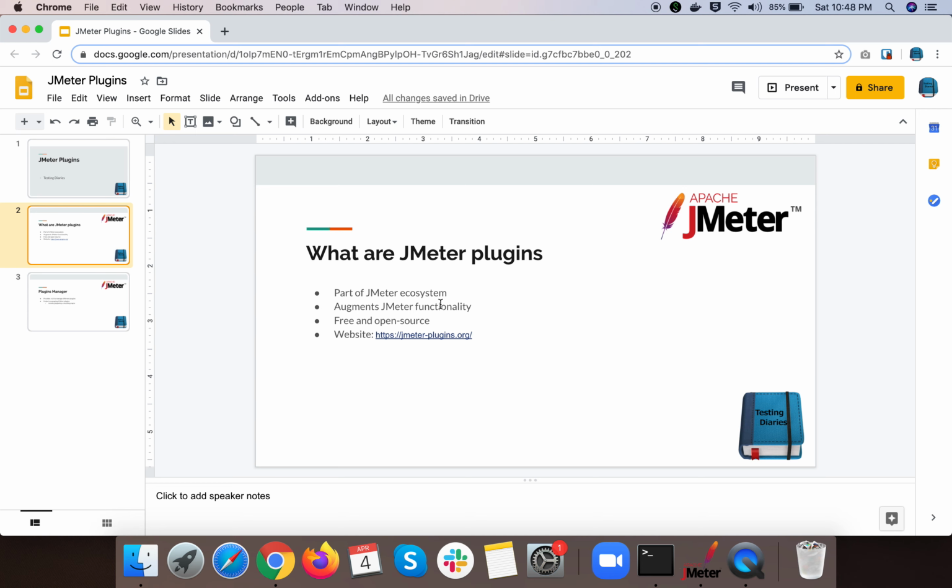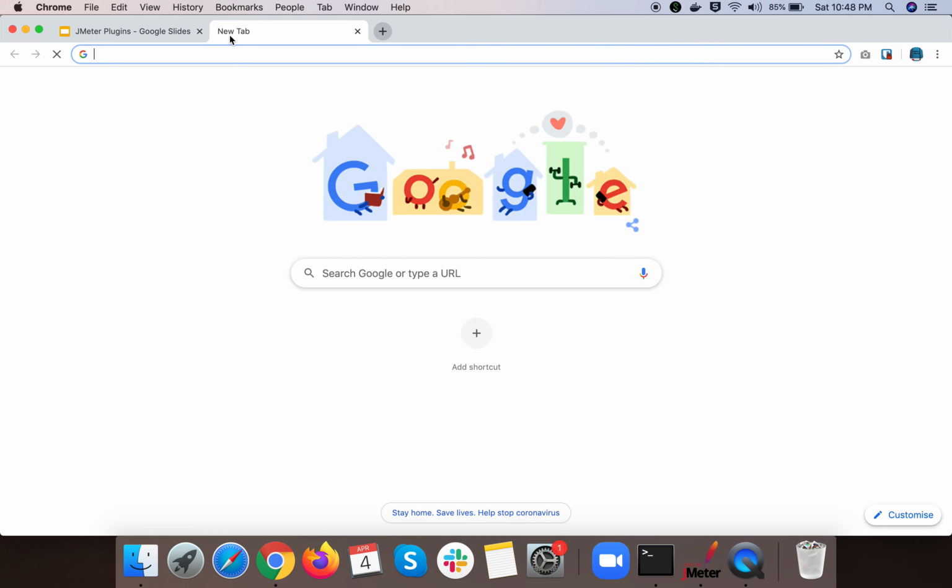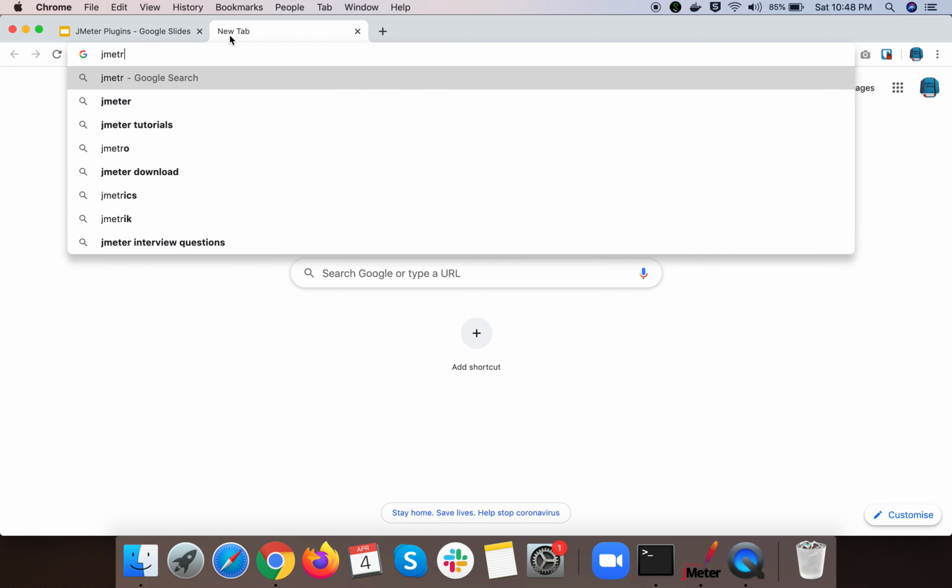And the plugins are free and they are open source, so you can customize them as per your needs if you want. And installing them is pretty simple. Let me show you how you can install them. We can install them by downloading a jar file. If you go to their site,